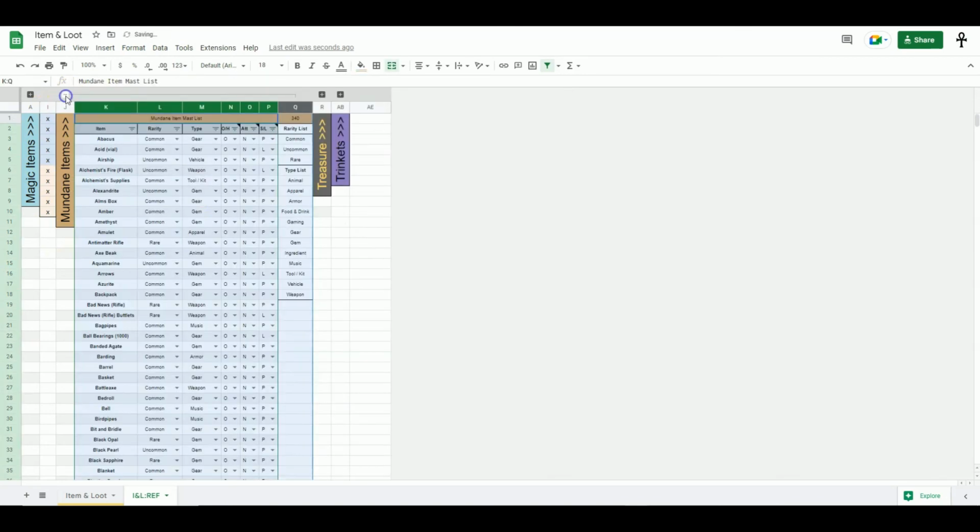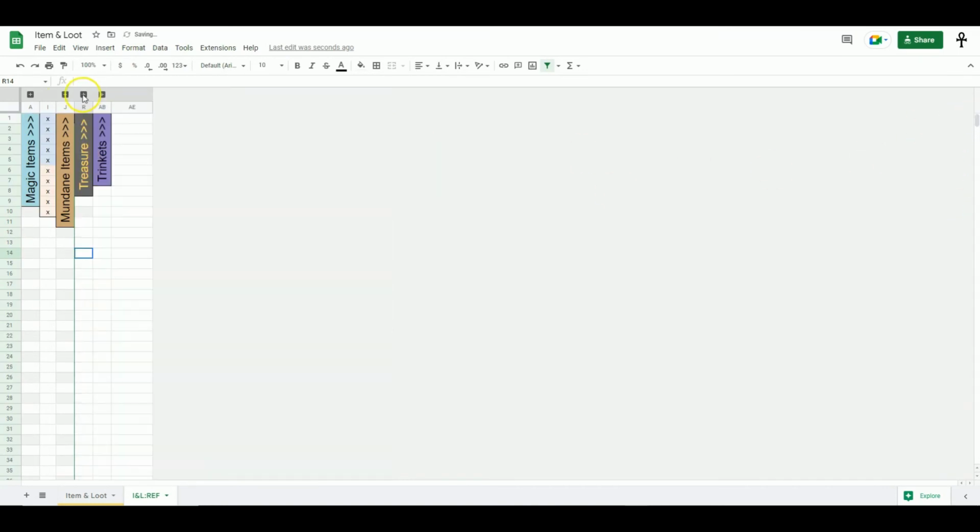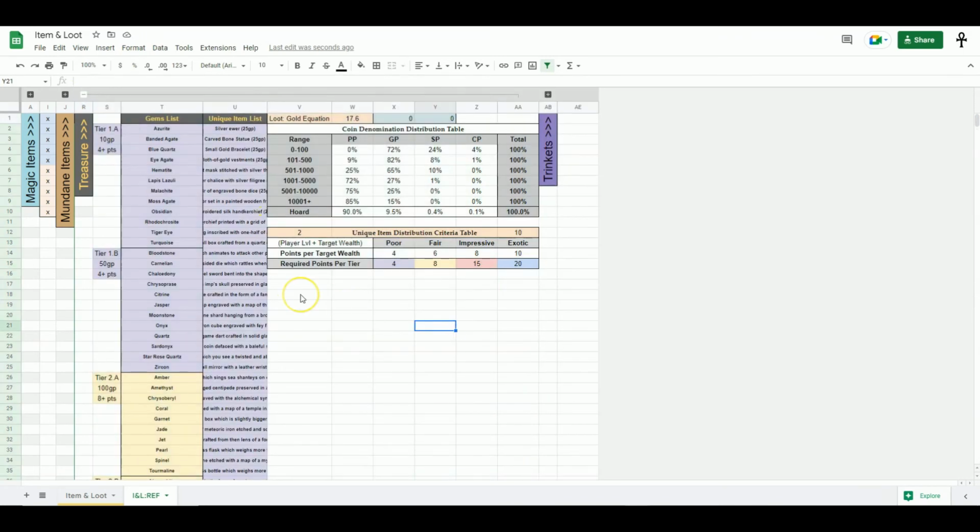There's the mundane item section, and it functions exactly like the magic item section. Same idea, you've got your items, you've got your rarity, your type, and the other settings as well. So same idea, go through here and customize it however you want. And then you have your treasure section. This one is a little more complicated because we have our gems and our unique items and their relation to